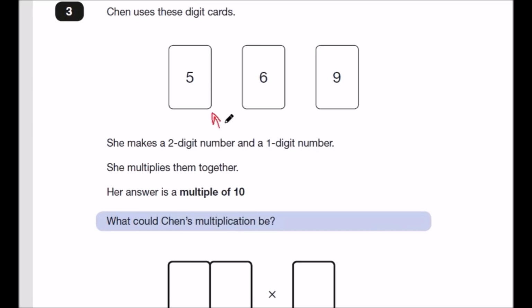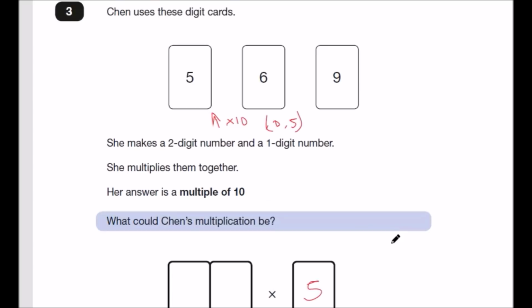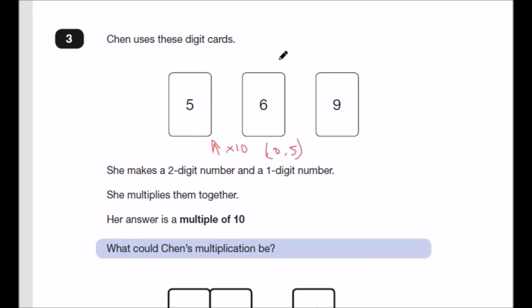Well, we know that in the 5 times table, it's a lot easier to get a multiple of 10 because your answers will end in 0 or 5. However, if you multiply by a digit like 6 or 9, it's a lot more difficult. So I'm going to assume that her single digit will be 5. Now, what number, if you multiply by 5, will give you a multiple of 10? Well, if we did 5 times 6,